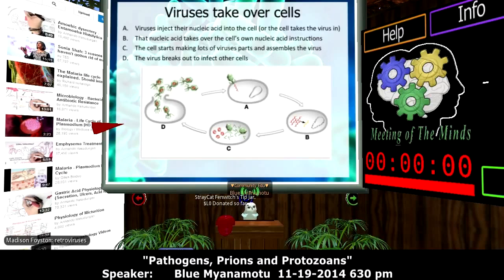One thing, remember I talked about how DNA is very different from RNA. The reason why that's kind of important is that viruses that have RNA have a tendency to mutate. So